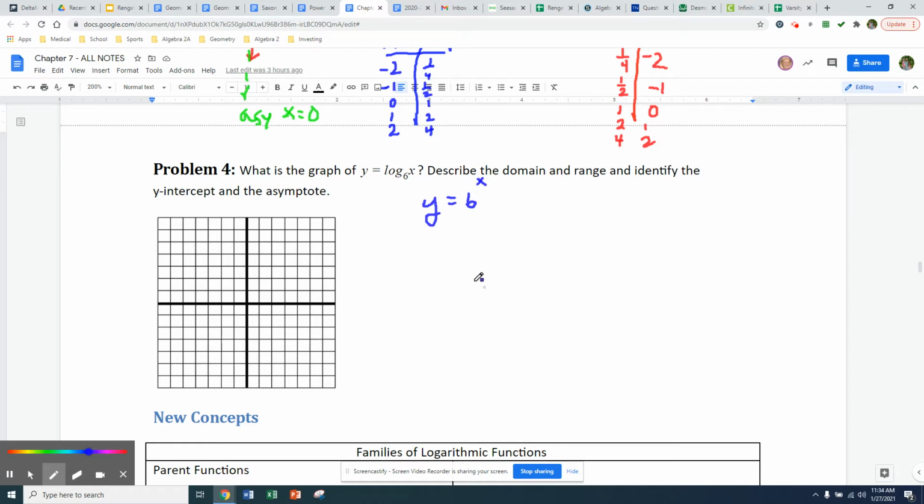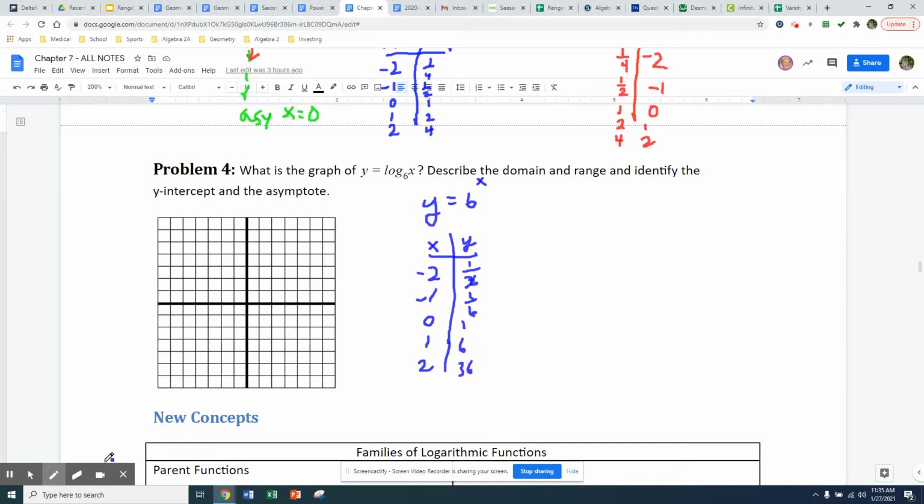So we can start by looking at the input-output pairs of y equals 6 to the x. And with exponentials, it works best just to go from negative 2 to 2. Exponentials accept all x values, so negatives and positives. You'll find out that logs do not accept negatives, so you'll see that if you try to do that. Anyway, we'll take negative 2, we put it in, that's going to be 1/36. Negative 1, put it in, that's going to be 1/6. 0 will give me a 1, then 6,